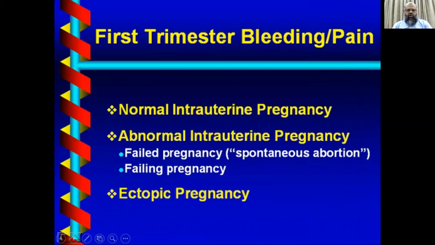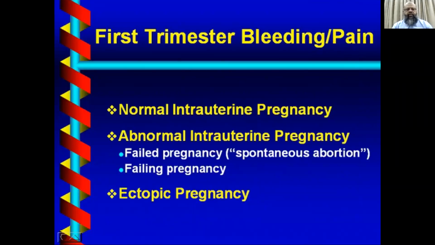The first trimester ultrasound has a few very important emergencies. The first and very important emergency is bleeding or pain in the first trimester. When a patient comes to us with bleeding or pain in the first trimester of pregnancy, it can be a normal intrauterine pregnancy or it can be an abnormal intrauterine pregnancy having bleeding and pain. If it is an abnormal intrauterine pregnancy,